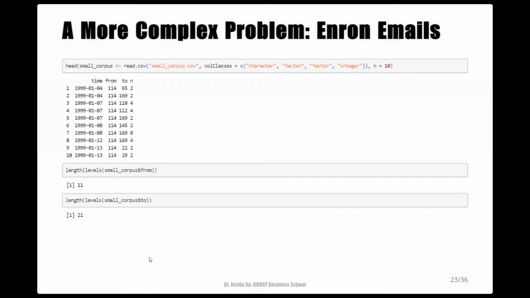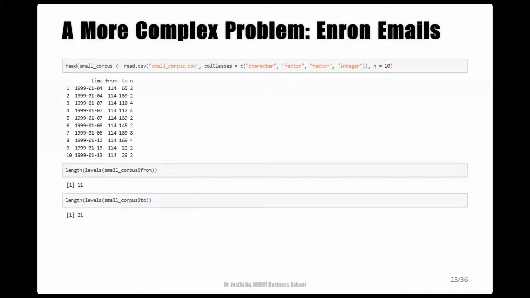After knowing the basic use of the split function, let's consider a more complex problem to explore its full potential. This Enron emails dataset contains a tiny portion of the daily emails sent among Enron's senior management over a certain period before its bankruptcy.